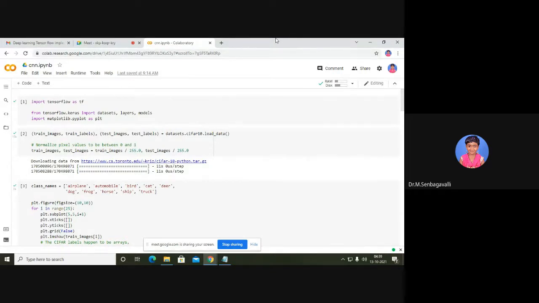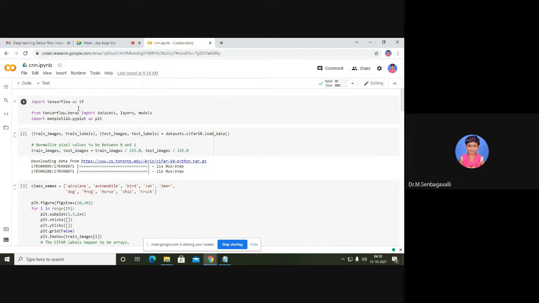Someone has to reply. Image classification, image recognition. Very good. It will be doing very efficiently, right? Rather than the ordinary neural network concepts, with CNN we can do image processing efficiently. Recognition, exactly. Recognition it will do efficiently. Right? It's very good. So now you see, I am just doing the same.